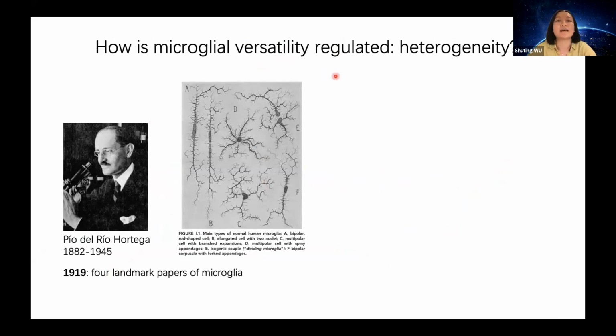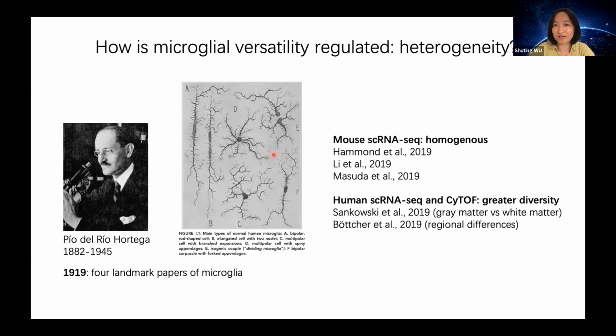One answer to this question is whether there is any possible heterogeneity inside the microglia population, which means that different subtypes of microglia fulfill different functions. Actually, 100 years ago, when microglia were first identified by Ortega, he already observed the different morphologies of microglia shown here, and at that time he was trying to link these different morphologies to functional phenotypes. But I have to say that even after 100 years, we still do not have a very clear answer to